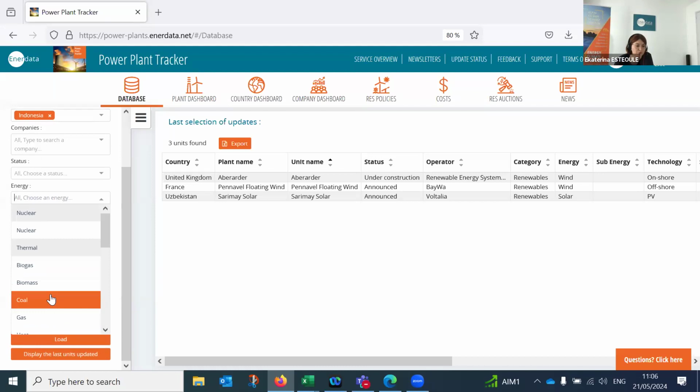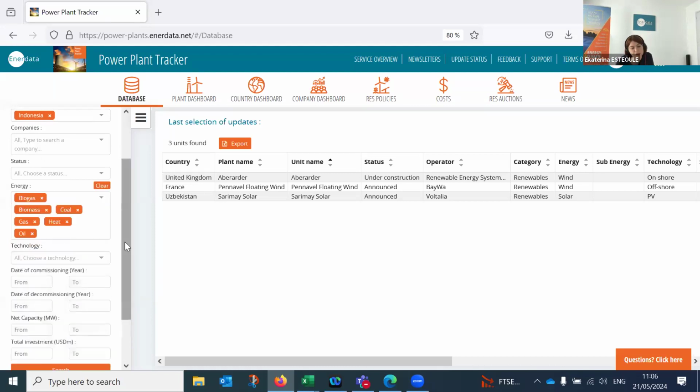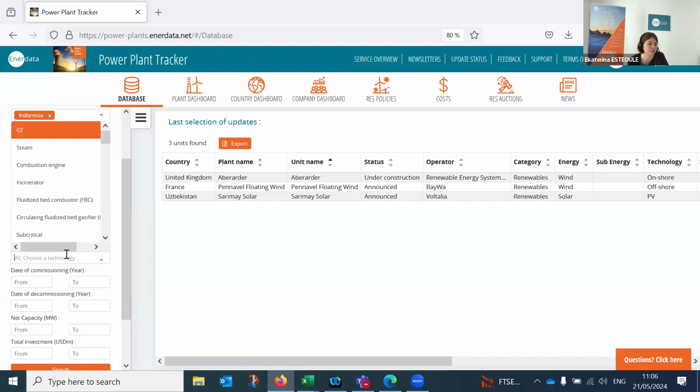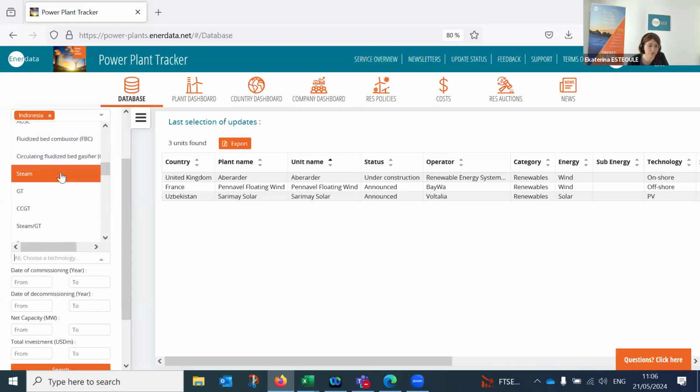The same as for the status, if you leave this field empty, all the energies will be added to your search. But if you click on any of them, an additional filter will appear in your search bar, the technology. And here you can further refine your search by indicating a specific technology if you want to focus on any of them.